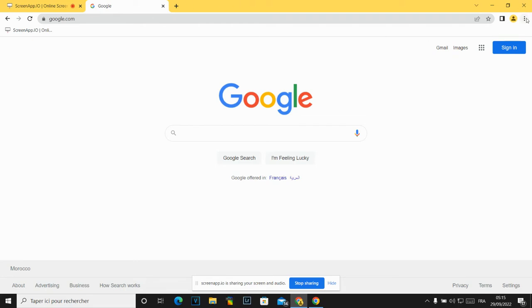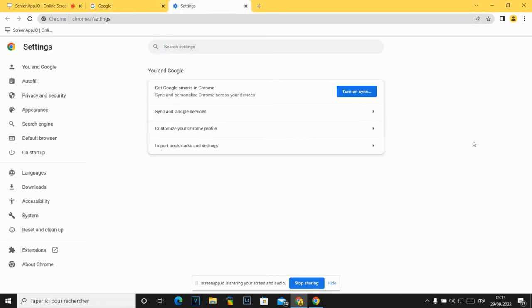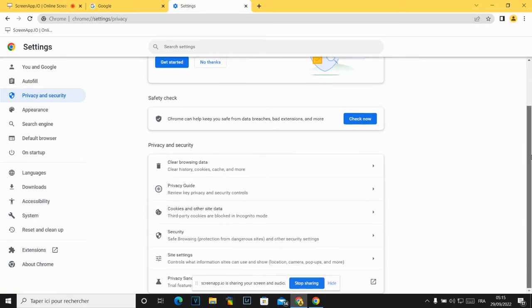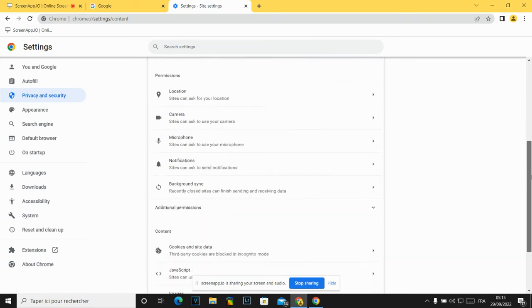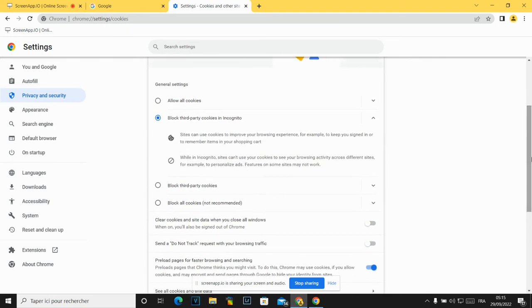Just go to the top here, click on those three dots, and now scroll down and click here on settings. And after you click on settings, now all what you have to do is just click on privacy and security option right here, and then scroll down again, click on site settings and scroll down again until you find this cookies option. Click on it, and now as you can see, click on allow from here and it's gonna be